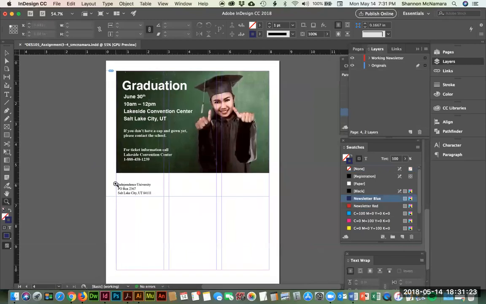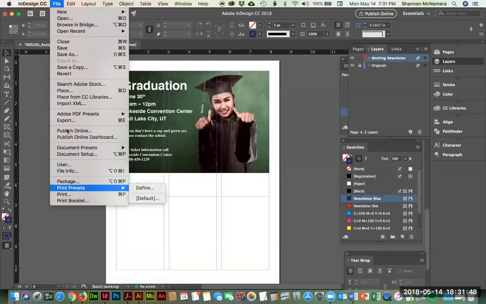So even though we place this and it looks correct, we need to redesign this. So this should be on my originals. I'm going to lock that layer and go back up to my working newsletter layer. And I'm going to place the actual ad from my downloads asset right on top of this one. You don't have to recreate anything. Just again, do File, Place,